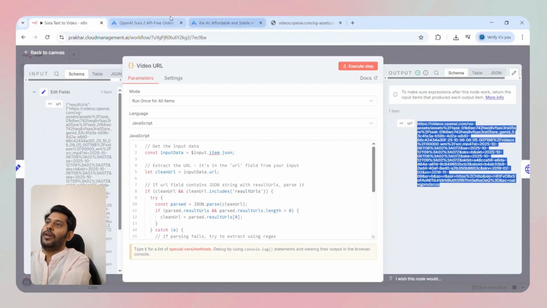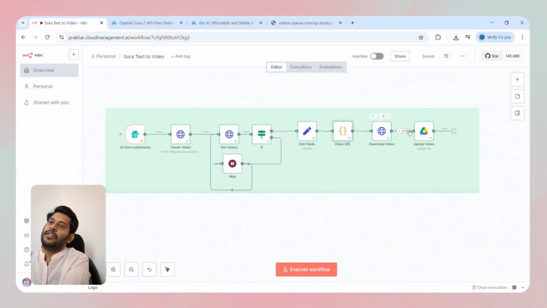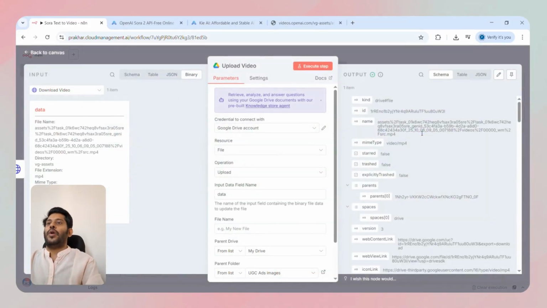see that this way the video will be generated and downloaded. And this downloaded video can again be uploaded to Google Drive, Dropbox, it's up to you. So in our case, we have used this upload video, and we are simply uploading this file into Google Drive. So here make sure the operation is upload, and the name of this file should